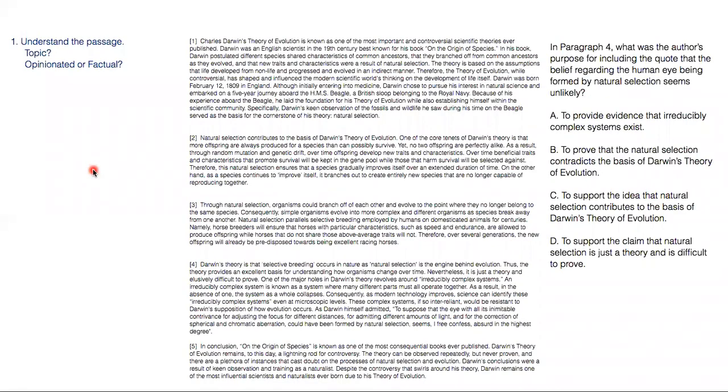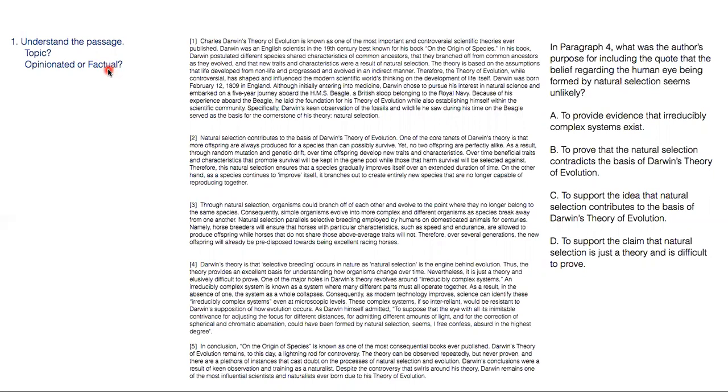The first strategy that we recommend is understanding the passage as a whole. Now, for the whole reading section, you're going to have to read and understand the whole passage. So this will help you with many of the other questions as well. So don't think of it as a waste of time. Think of it as getting your understanding solidified so that you're able to use that in all the questions for